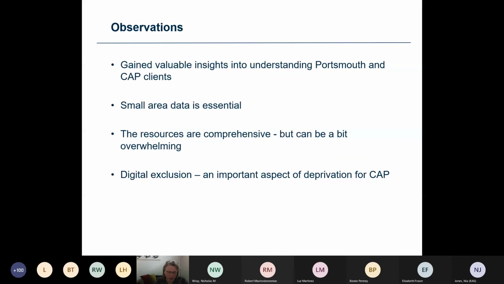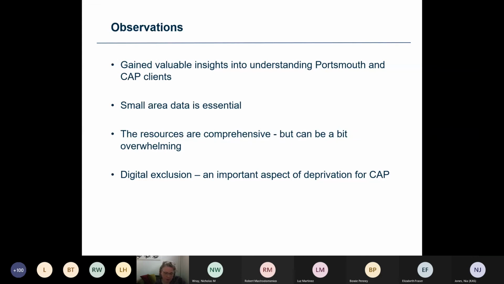While creating a report that describes the patterns of deprivation in Portsmouth was just one part of the project, it has provided valuable insight into understanding the local population that CAP supports, and can be set aside and complement local knowledge. It can be used alongside existing data that CAP collect to identify groups that they may not be reaching, as well as providing context to better understand the results of the online survey that we carried out. And it's a resource that can be used in the future for funding.